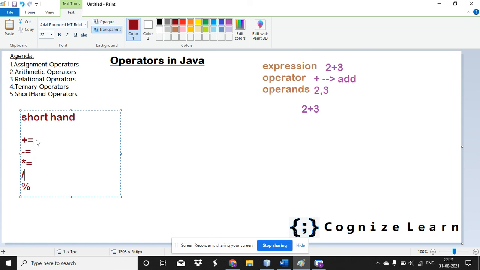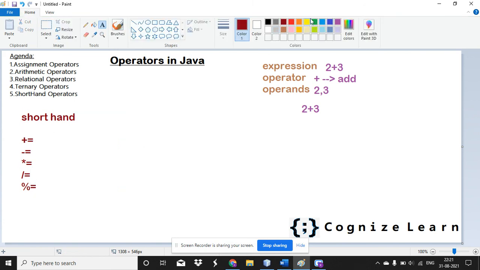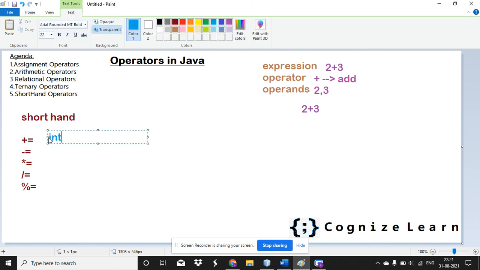So we are going to write it in a short manner. For example, consider an example as int i equal to 2. Now I want to perform i equal to i plus 2 or i plus 1 or i plus 3. Now in short I can write it as i plus equal to 3. Yes, which in turn denotes the same thing available here.